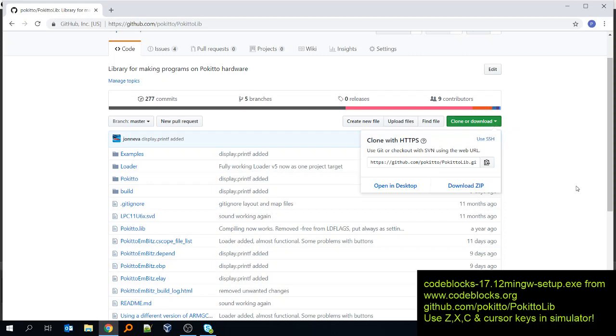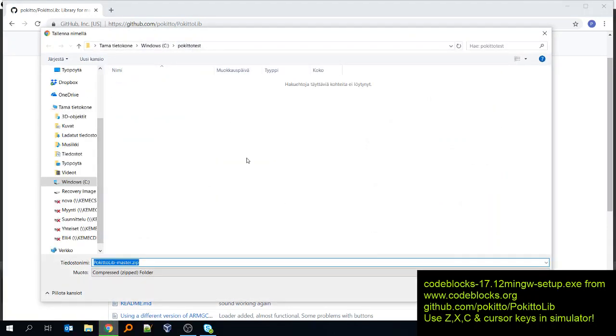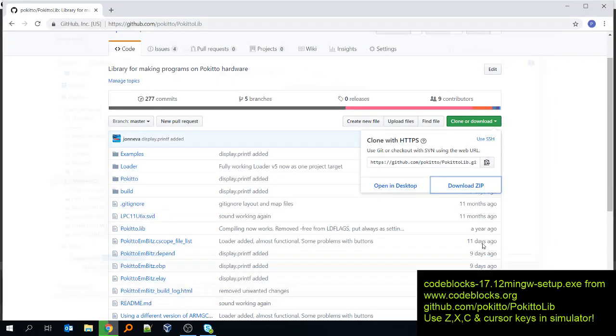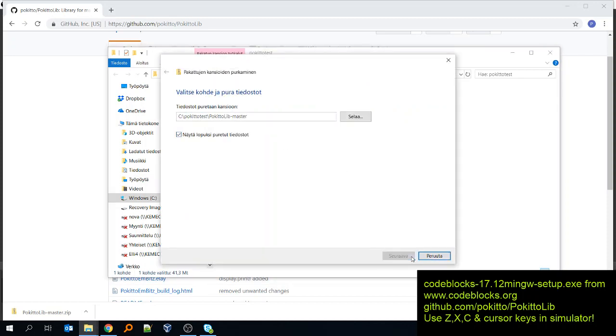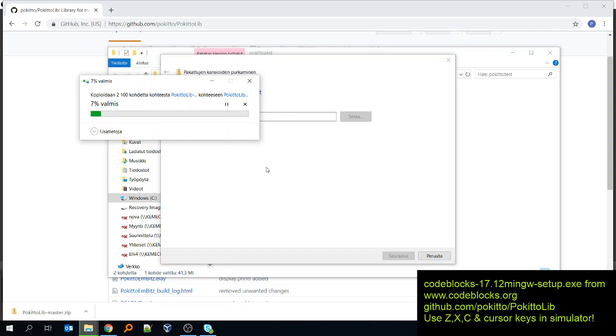So press clone or download, and just for the sake of simplicity, I will download the zip file. But of course, if you're familiar with Git, it's better to use this Git link over here to clone the Git repository. But now we're just going to download the zip file. I have already here a folder for it, Pokitto test, and I'm just going to download the package. Open the folder where it's now stored and extract this file. So I'm extracting the zip file, and while the zip file is extracting, let me just open up